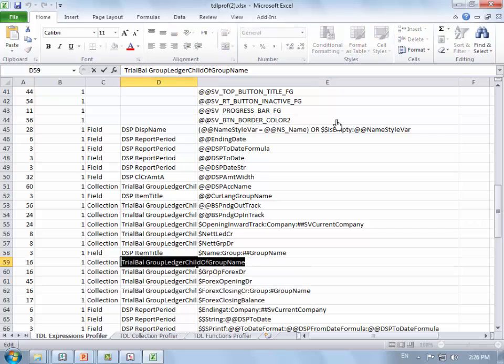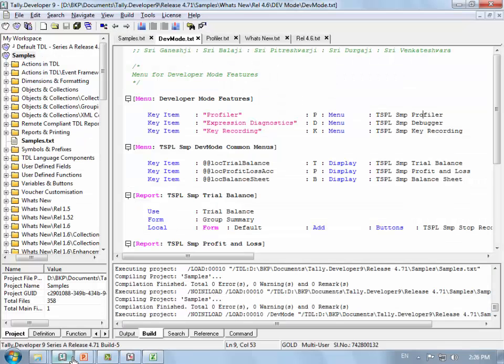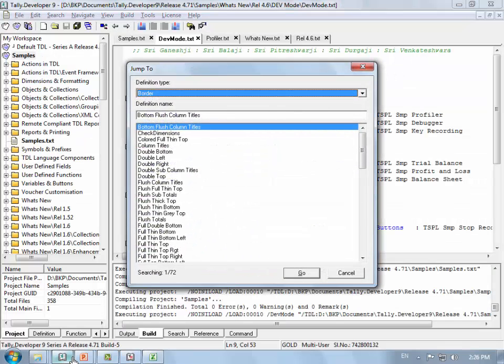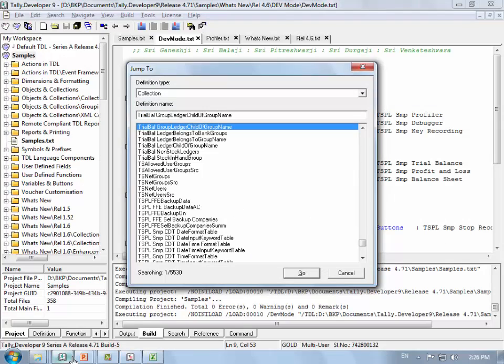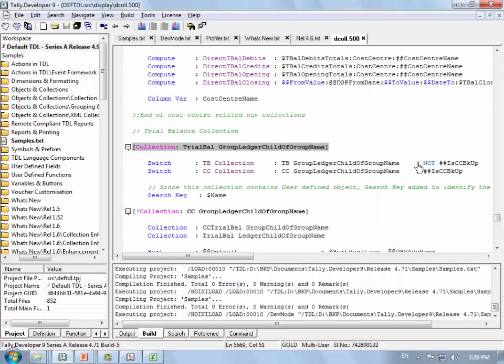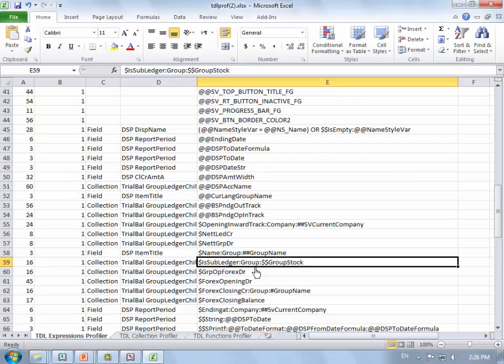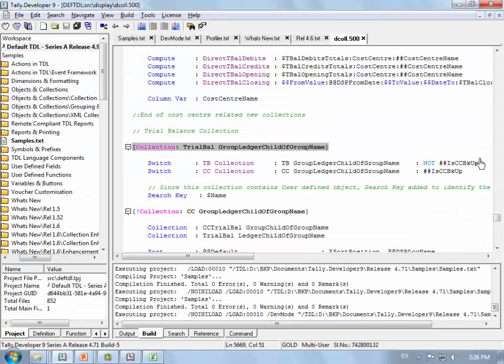So we'll just check for this collection once. Control J, collection name, and what is the expression here? Dollar is subledger colon group stock of group name is something that is getting evaluated from here.